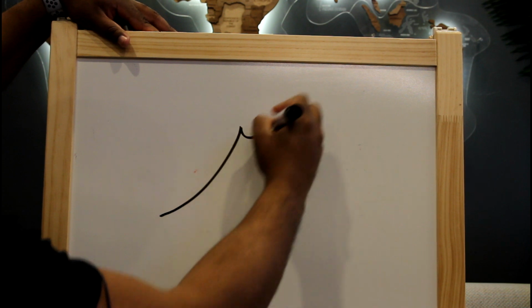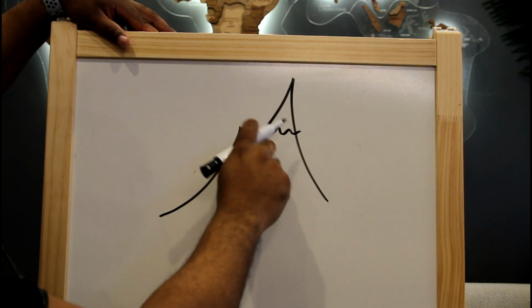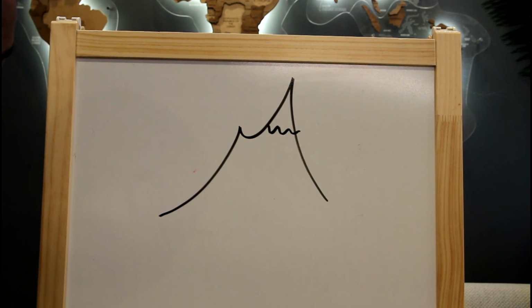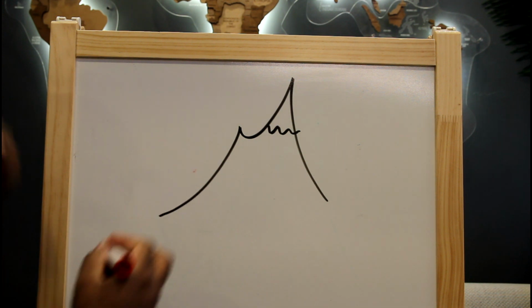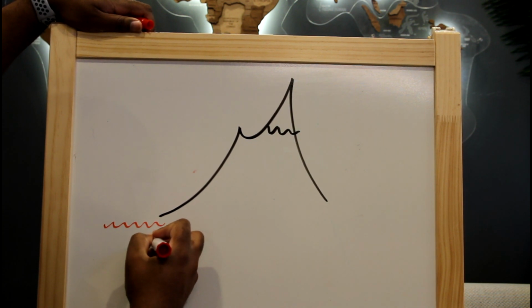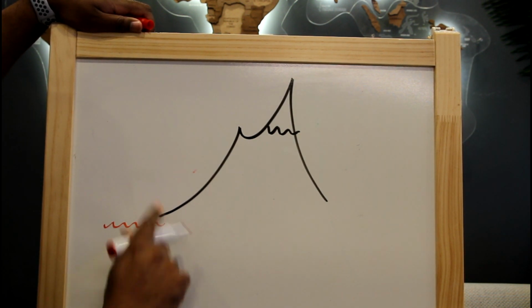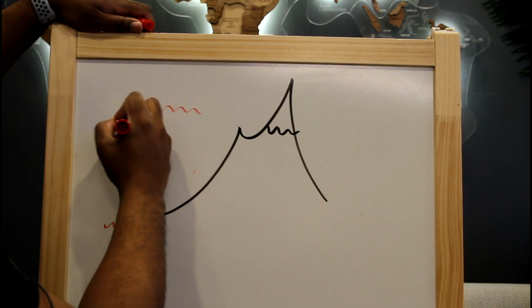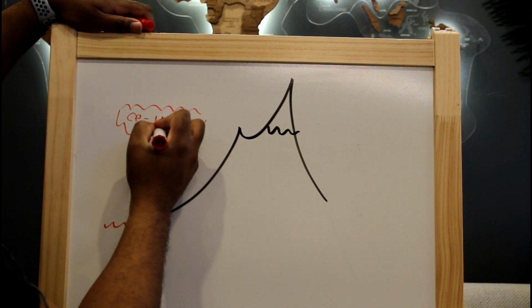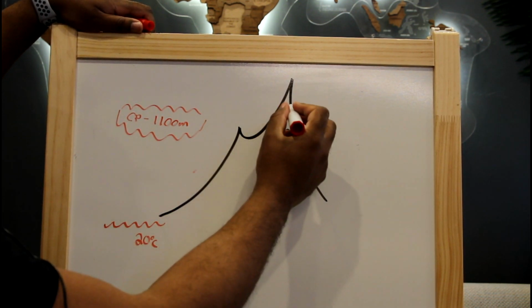Okay, so to help understand the calculation a little bit better, what I typically like to do myself and what I encourage my students to do as well is to draw a little mountain like this. Okay, I'm going to put a little snow-capped peak on the top. What I have my students do next is to plug in the numbers that we've just used into the mountain. So the sea level temperature we said was 20 degrees Celsius, so I'm just going to write 20 degrees Celsius here at the bottom at sea level. We said that the condensation point was 1,100 meters, so I'm going to write CP in the little cloud here, and I'm going to put 1,100 meters. And then we also said the peak of the mountain